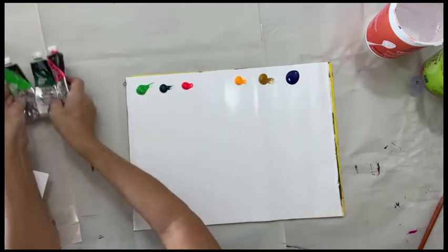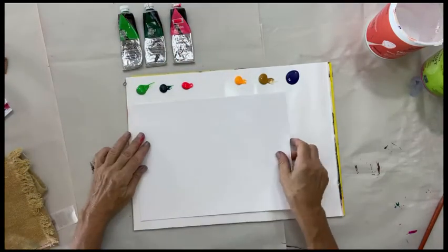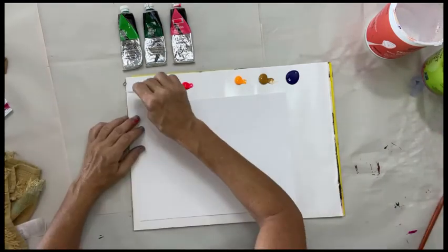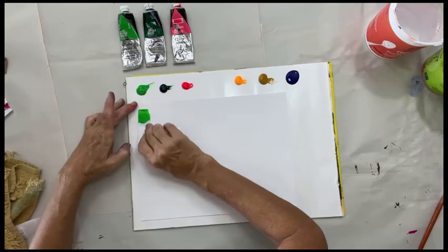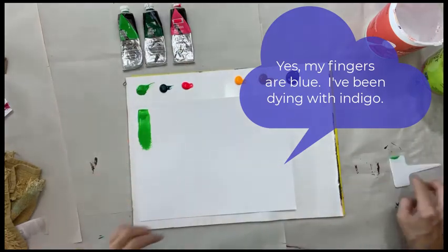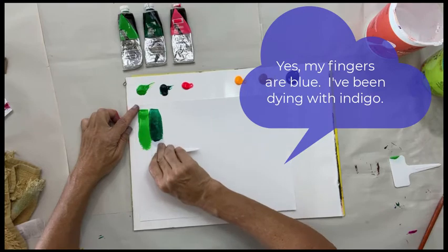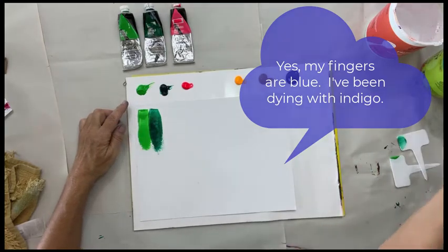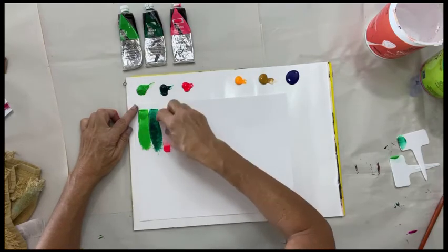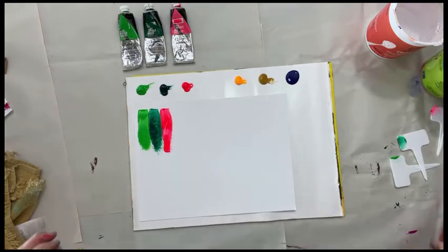Let's start out with the middle green, phthalo green, and luminous red. And if we spread them, we'll see what colors we have. The middle green, the phthalo green, and the luminous red. Now they don't go together too badly, but if we want to make them harmonious, it's